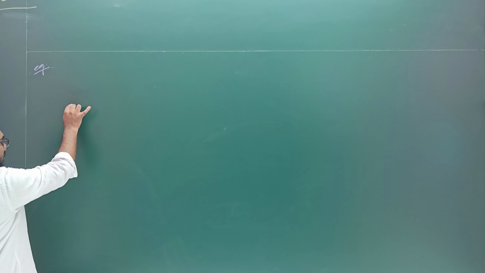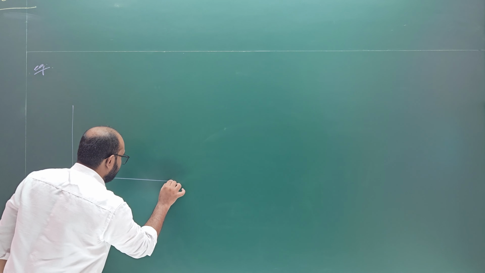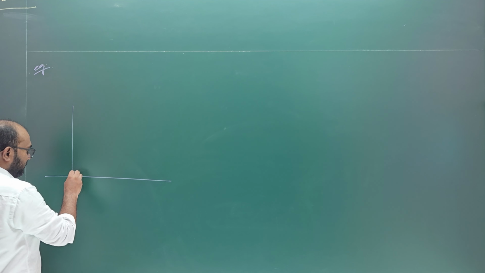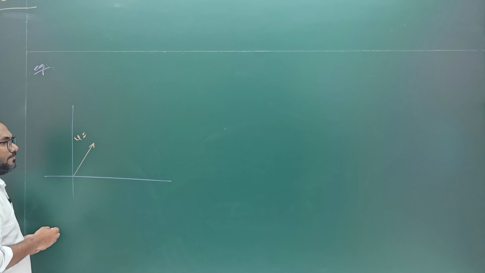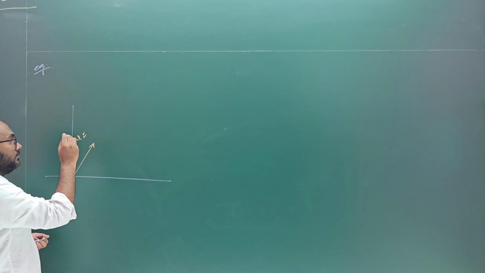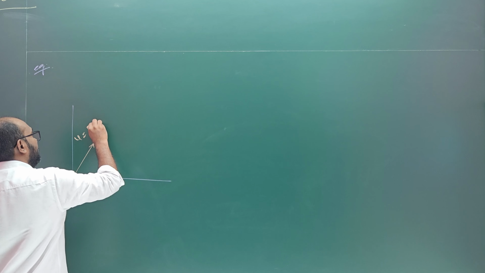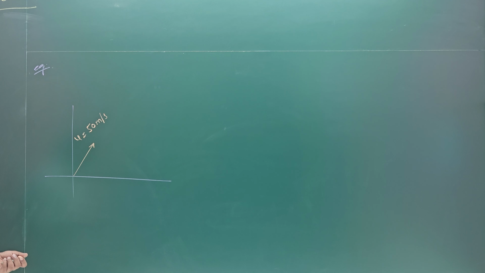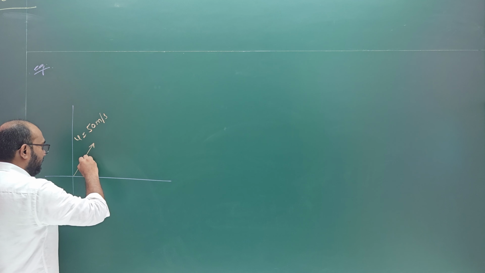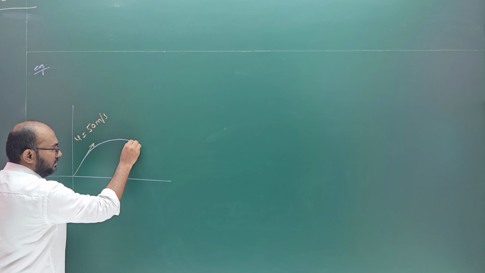Now listen to me. An object is being projected. They will provide you the question like this. Our object is being projected with some initial velocity. Take u equals 50 meter per second. Will this object go in a straight line? No. It will be following a parabolic path. So it is following this path